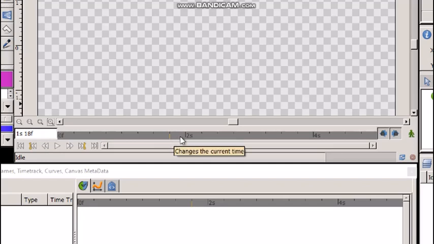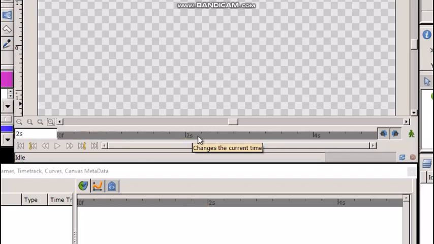Now if I click in between like this, this shows 1 second and 22 frames. And this is 2 seconds. 2 seconds means 24 plus 24, that is 48 frames. Or we can also say 1 second and 24 frames.